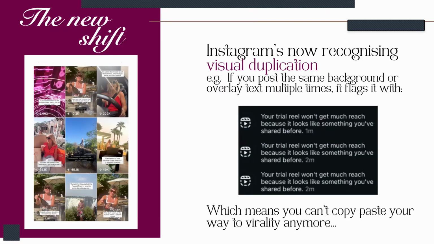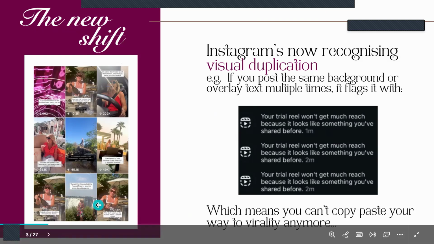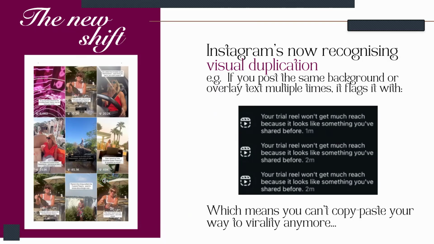And this means the old strategy that we learned doesn't work anymore. You can't just copy and paste your way to becoming viral. And this isn't actually about becoming viral anyway. We don't care about becoming viral, but what we are trying to do is grow visibility with a cold audience here. And you can see from me putting into place, which I'm about to share with you, this new shift, we have gone from views that I used to get before, where the maximum was about 10,000, but on average it was between 4 to 7,000.